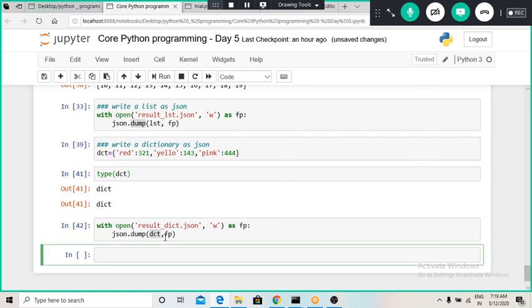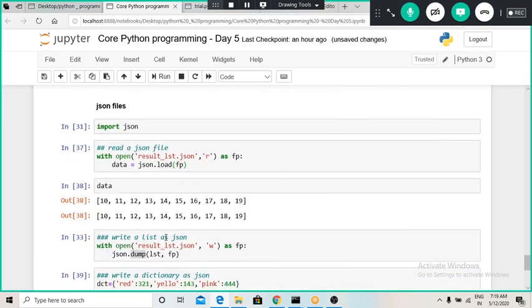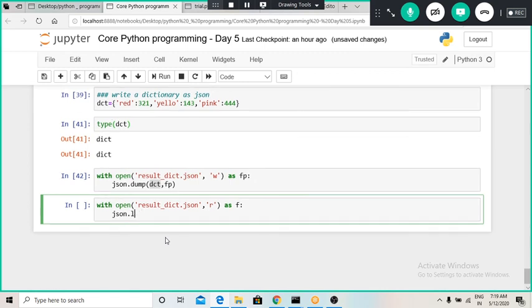Also, while importing or reading that particular dictionary, we can use the with open command. Result_dict.json, then in quotes we have to give r, and I want to use all this information stored as f, and now I will use json.load on this f.